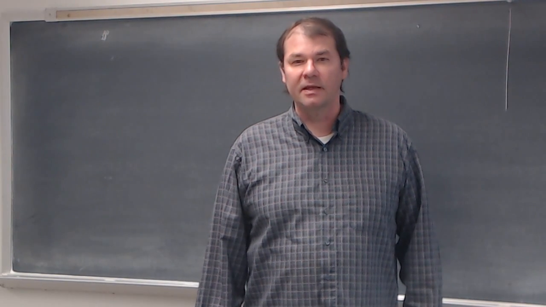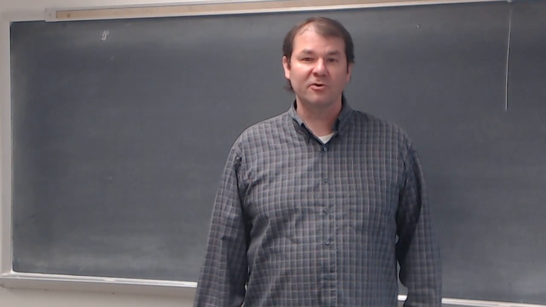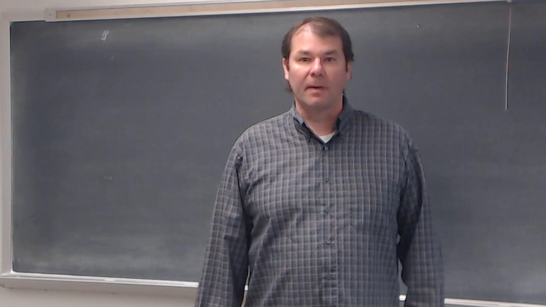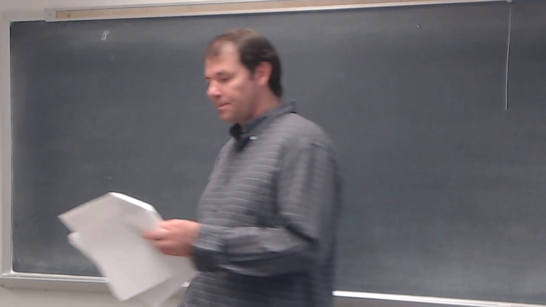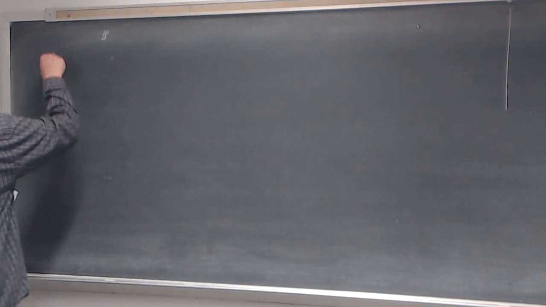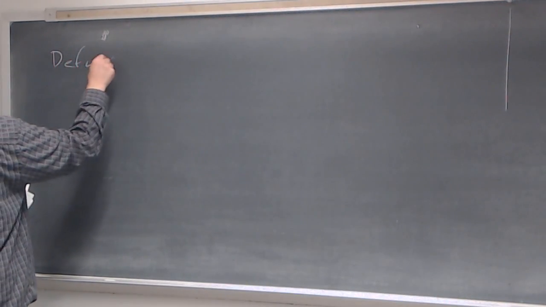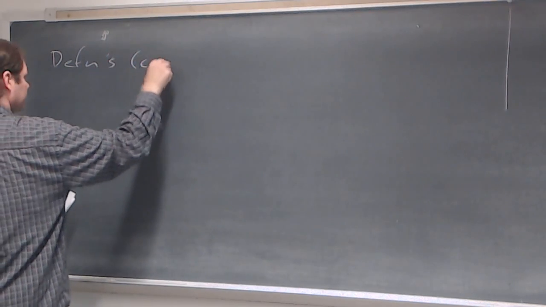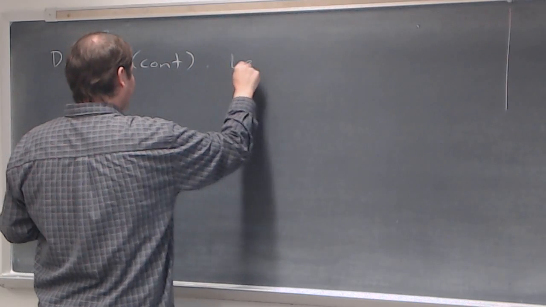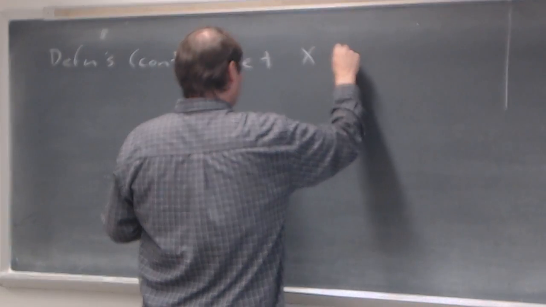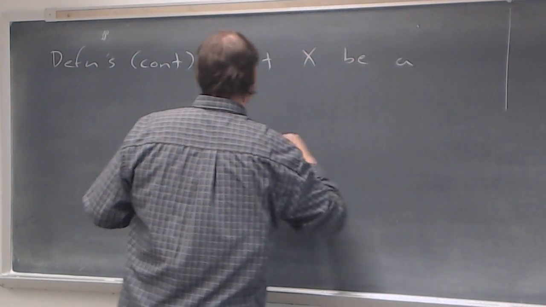And last time we ended with our first bit of information about topological spaces, and we had a bunch of definitions that we had listed, and we want to continue that list. So let us recall the definitions that we had, and we're continuing them. And so here we're going to let X be a metric space